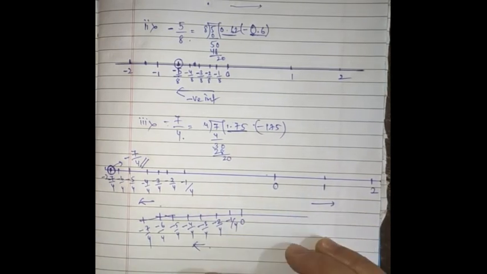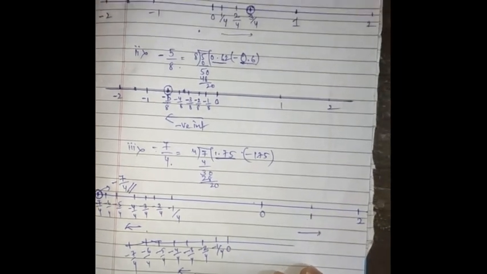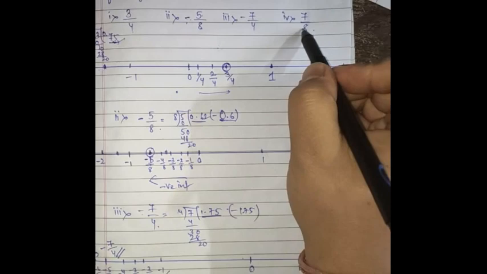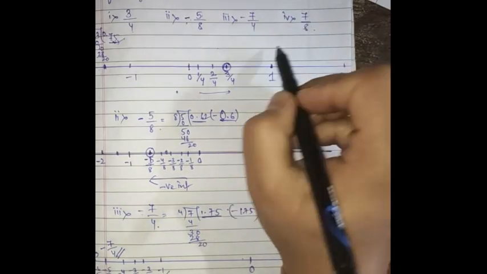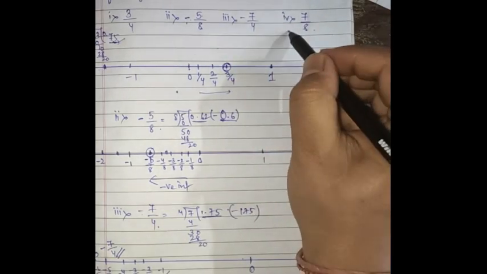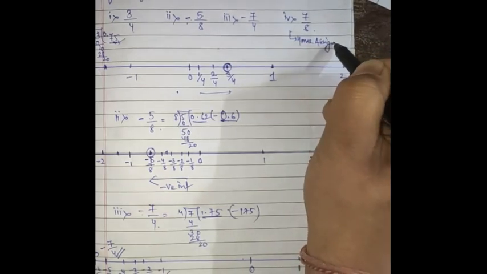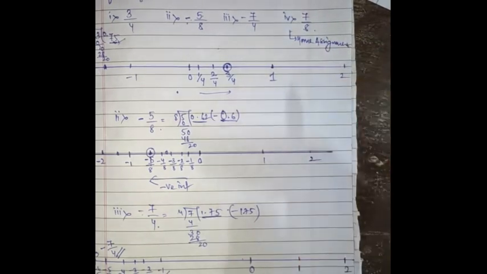Okay, so our last question is left, and that is question number 4, represent 7 by 8 on a number line. So it is very easy. This will be a home assignment. You will try to do it yourself. Okay, this is very, very easy. In the manner I have done, use the trick, use the basic idea and solve it.